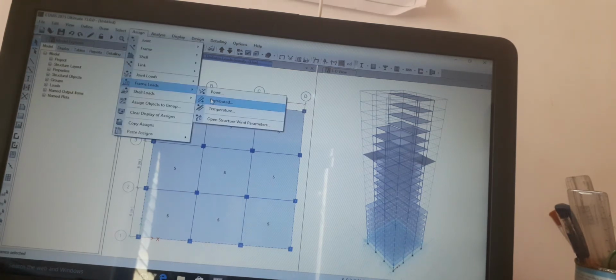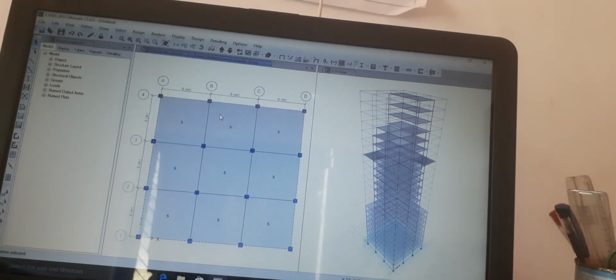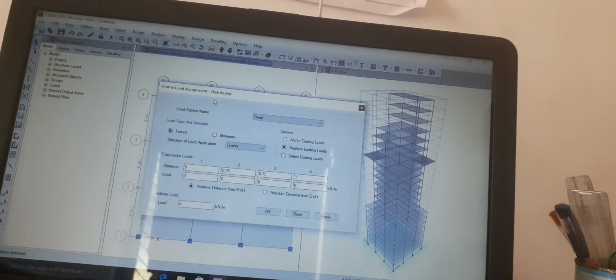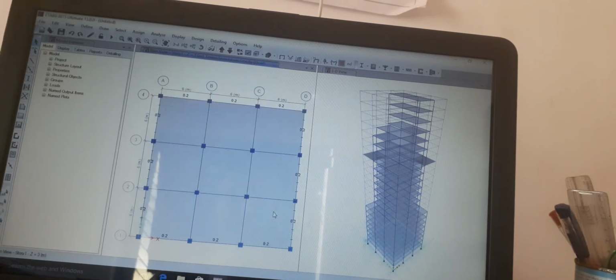Select and go to assign menu, frame load, distribution. Here we have to change the load into 0.2 kilonewton per meter, apply, OK.